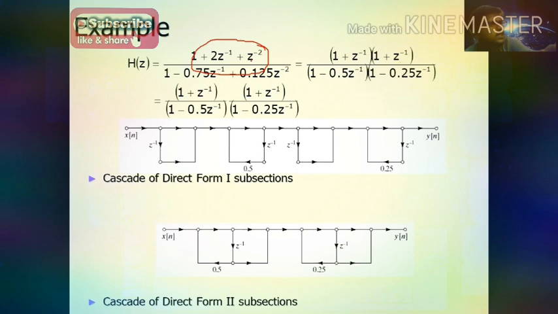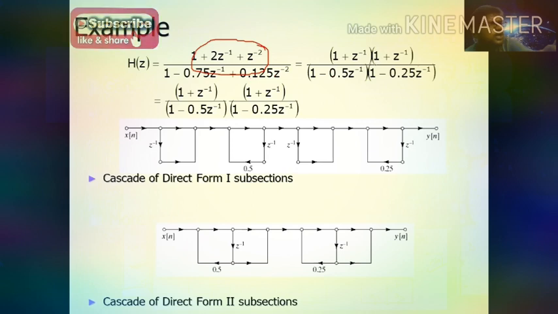Second order differential equation. Now I split up like this. So for this denominator term, I can get 1 minus 0.5 into 1 minus 0.25. Yeah, you all know about this, no? How to reduce this second order into partial differential function. That is single order to first order. A single second order can be reduced into two first order. So here also the second order will be reduced into two first order terms.